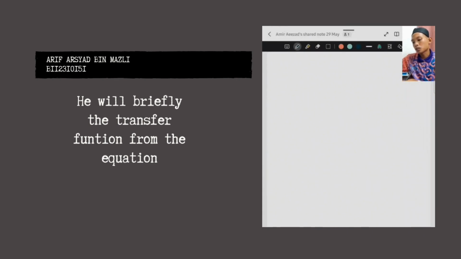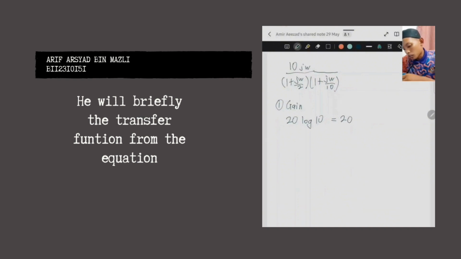I want to show how to plot the graph. First, we share the equation: 10 jω over (1 plus jω over 2) multiplied by (1 plus jω over 10). Step 1, gain: 20 log 10 equal to 20. So the graph will be